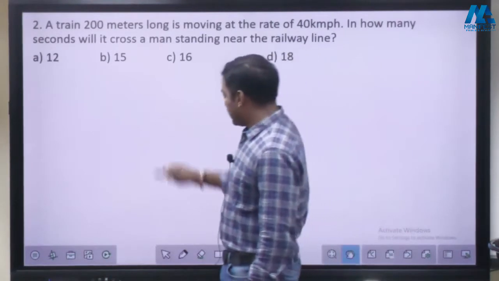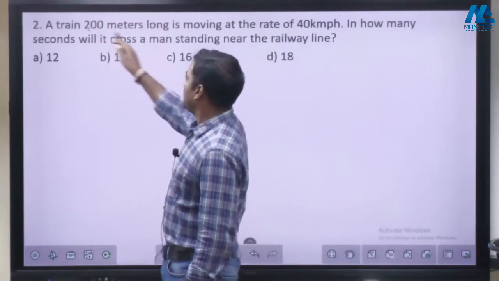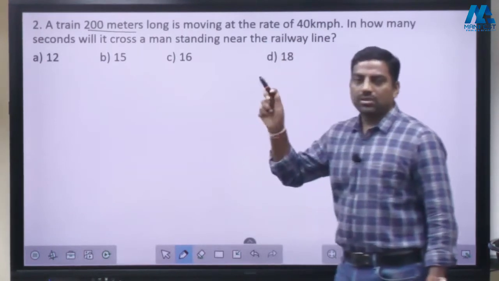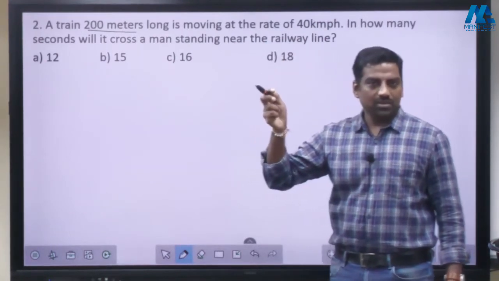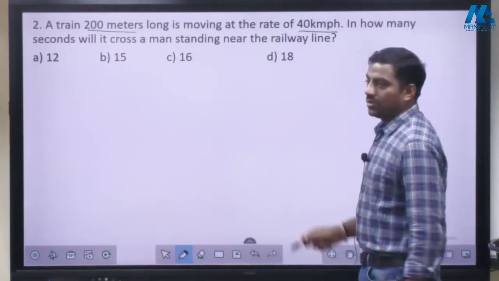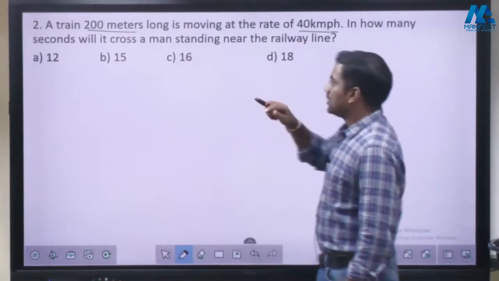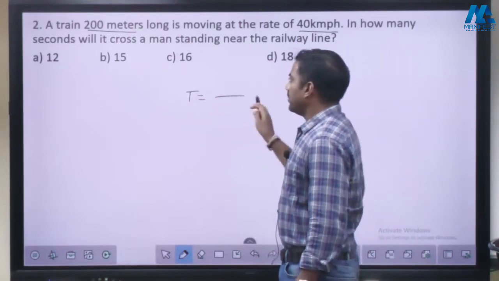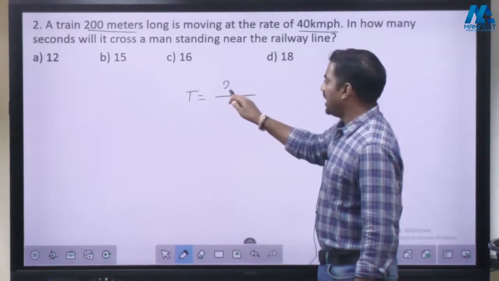So what is the length of the train? 200 meters. And the other person is man, so it is so insignificant length that we have to consider. But here the speed. So they have given the distance, they have given the speed. Now we have to calculate the time. So 200 meter divided by